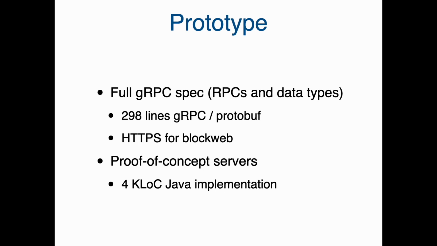We built a prototype implementation of this. In some sense, what Charlotte really is, is an RPC spec. It's a specification for a bunch of things that Fern and Wilbur servers will participate in, and it's very non-prescriptive, as I said. But we built proof of concept servers, including the implementations of the various things that I've mentioned, like Darkive.